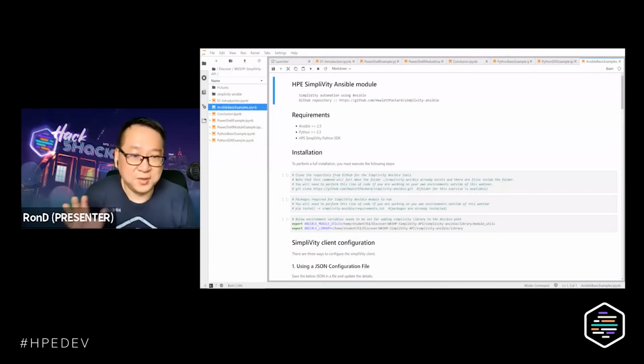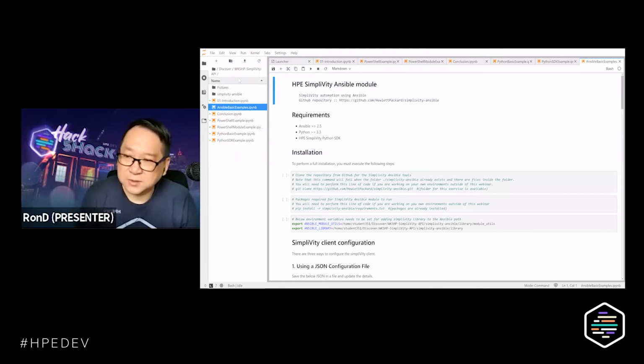And if you have access to the lab and you enter the student ID that is provided to you, logging in with the StuDisco 2020 password, you should be able to see this particular menu. This is the Jupyter notebooks. The good thing about using Jupyter Notebook is that we can follow through the exercise one by one, and at the same time, you can read some instructions that are embedded into it using Markdown.